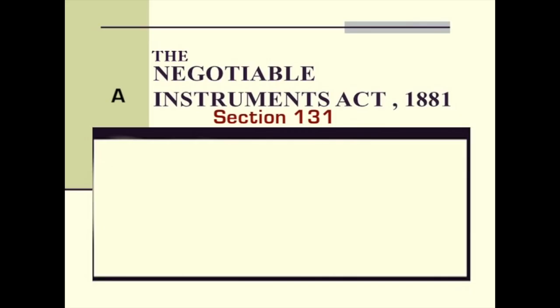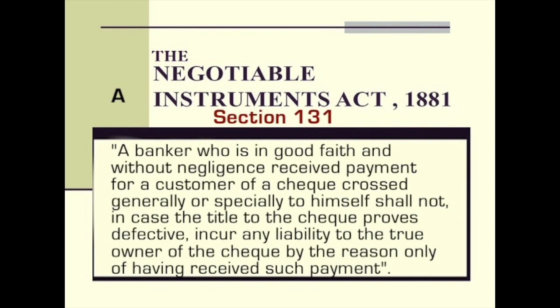He can also act as an agent of the customer as provided under the provisions of the Indian Contract Act. The collecting banker is provided with statutory protection as follows. A. Under Section 131 of the Negotiable Instruments Act, a banker who, in good faith and without negligence, received